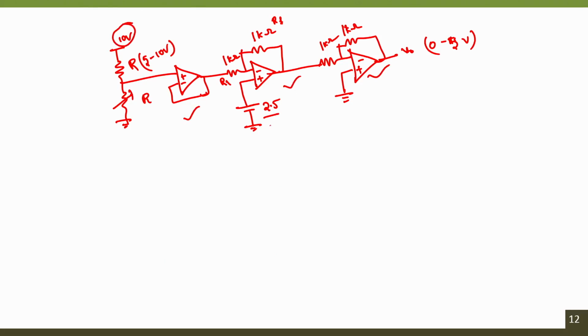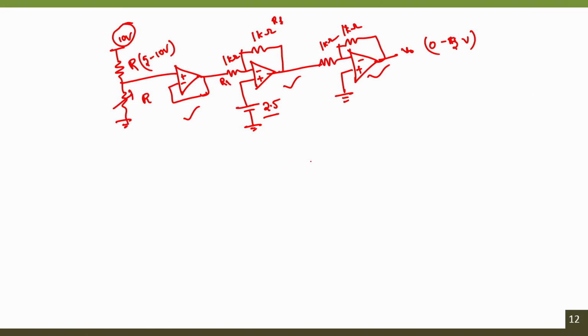Again you either have to design another circuit that can provide an output of 2.5, or consider another voltage source with an output voltage of 2.5 which can be provided as an input to the positive terminal. Of course, you can use another resistive divider network configuration to do the same. Because of this, the number of resources you are utilizing in this circuit is high. One way to optimize is, instead of using three different operational amplifiers, we can simply go with a non-inverting amplifier configuration.